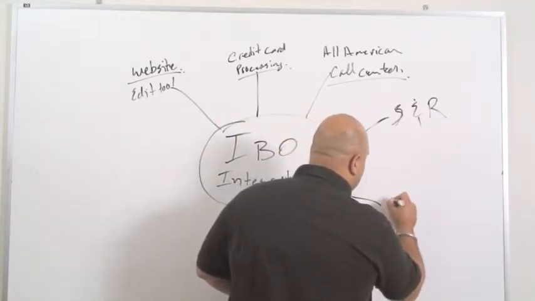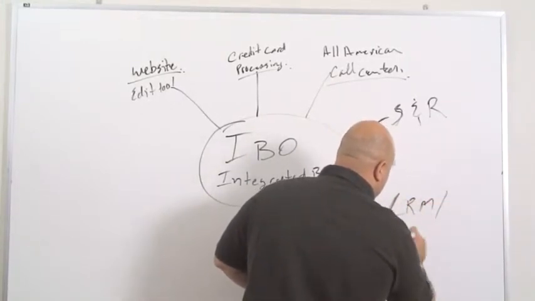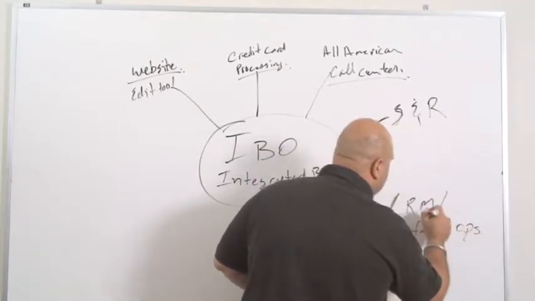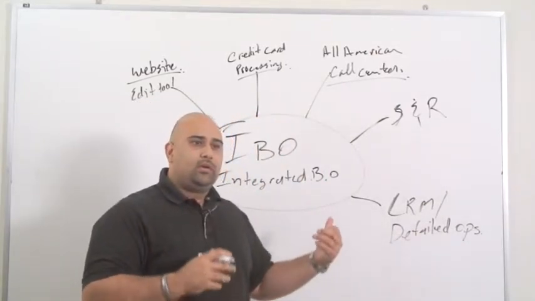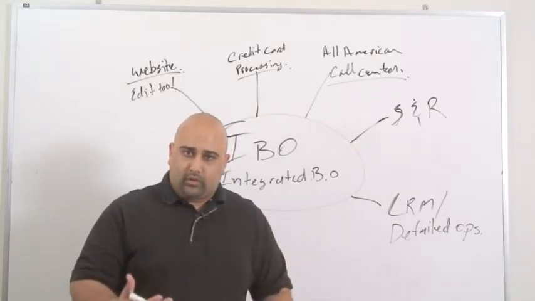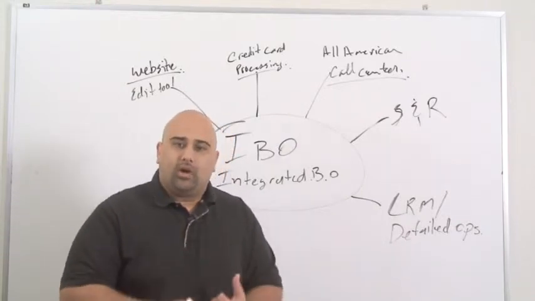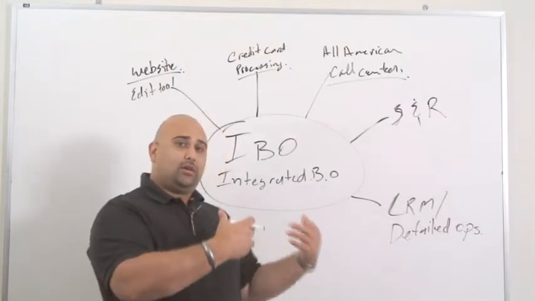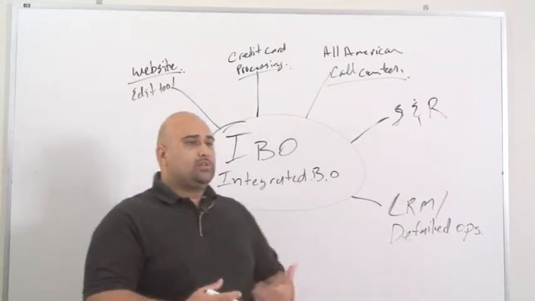Next we have a CRM and detailed ops reports. So the integrated back office is also going to have a CRM, a database which is going to store all of the orders, of course, and it's going to have features such as follow-up calling, give your customers a follow-up call. Of course, that is an internal feature, but just to highlight these for you, the CRM will also allow us to